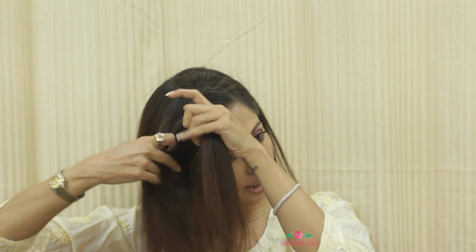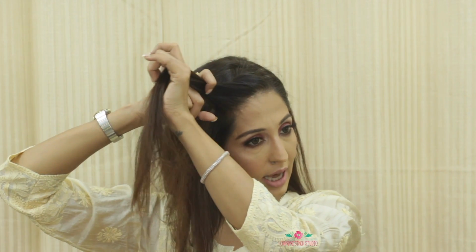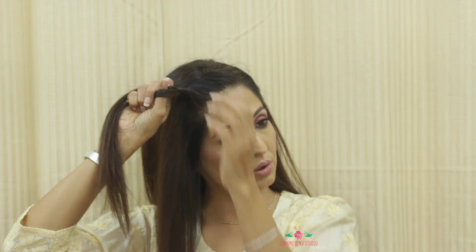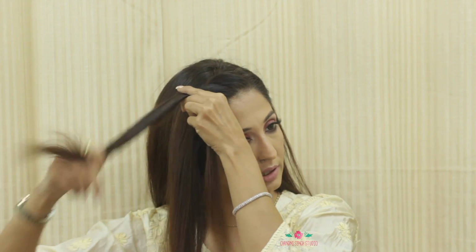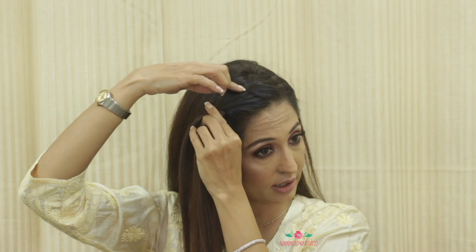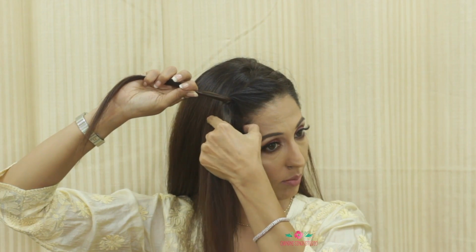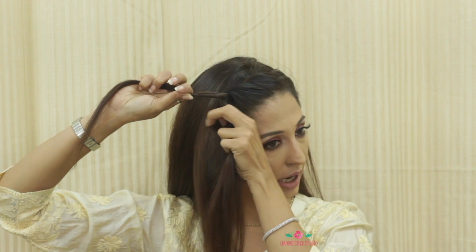And while I pick up the section, I'm just going to take some help from my other hand. And I'm again going to crisscross it once. And then I crisscross it the second time. The second crisscross is very important. If you skip it, the hair is not going to look like this. After I do that, again with my thumb, I take another section right from here